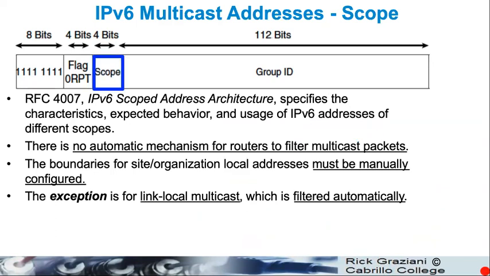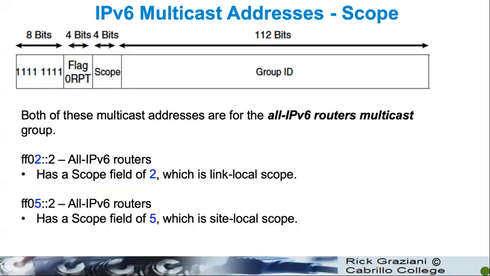Okay, so as I've stated here in RFC 4007, there is no automatic mechanism for routers to filter multicast packets. So these boundaries, these scopes, have to be filtered on the router. You have to configure this. There is one exception, and that's the scope with link local scope, FF02. So just so we're clear here, we have